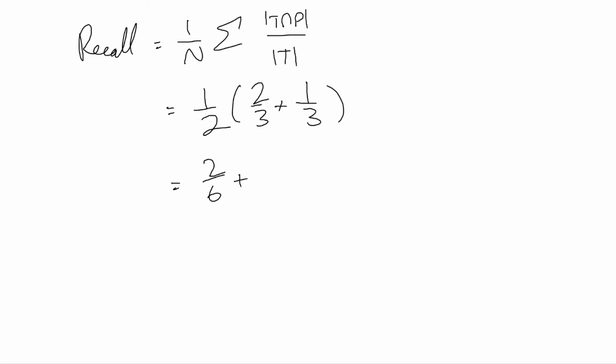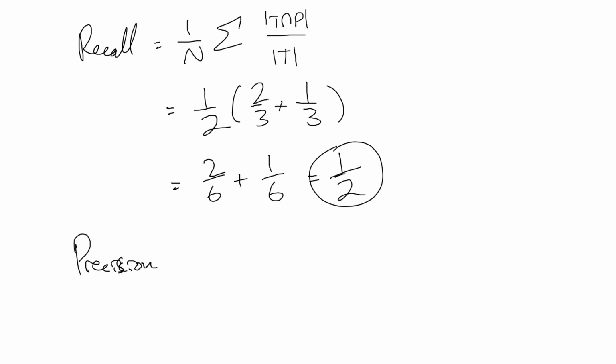Similarly, to get the recall, we do 1 over n times the sum of the true positives divided by the true labels, which equals 1/2. So now that we got the recall value of 1/2 and the precision value, I forgot how to spell precision, of 7 over 12,